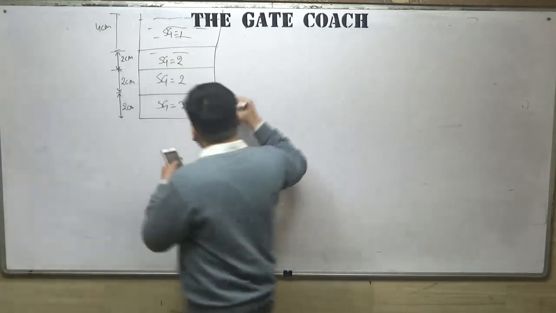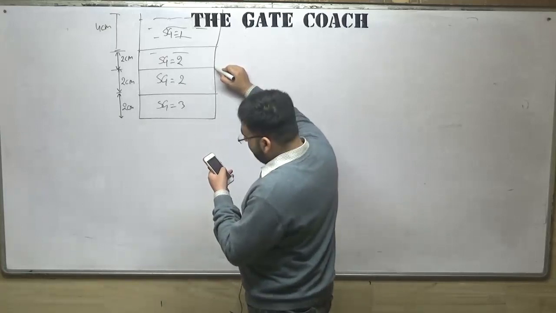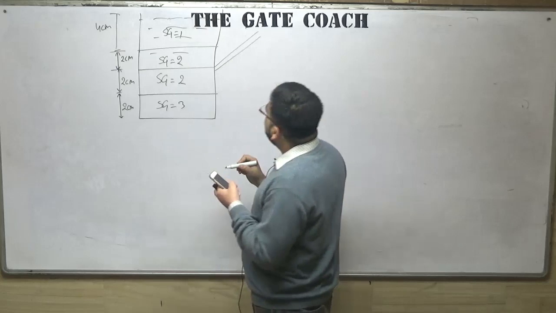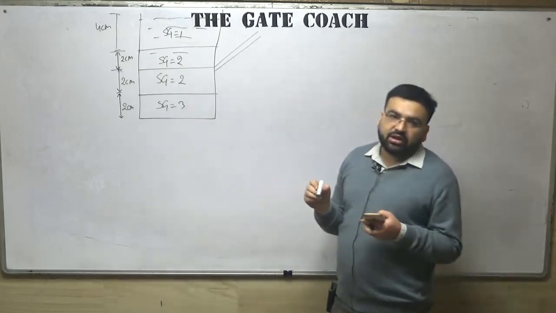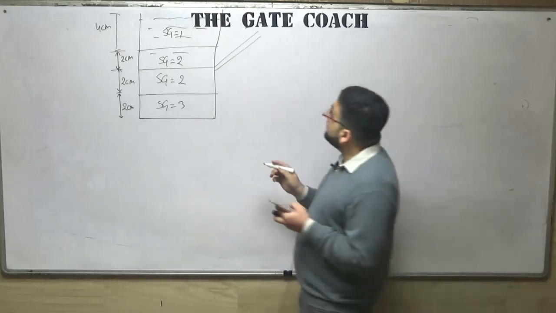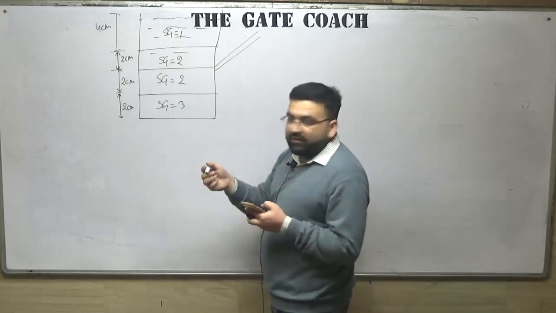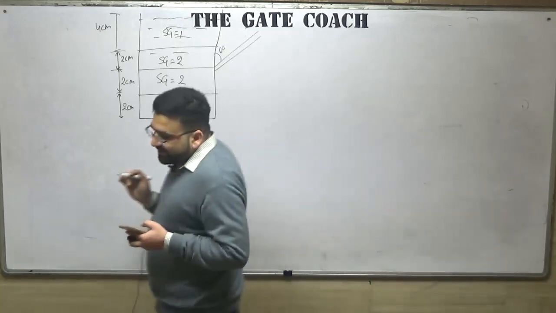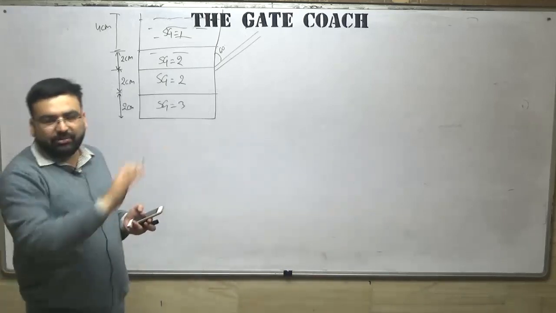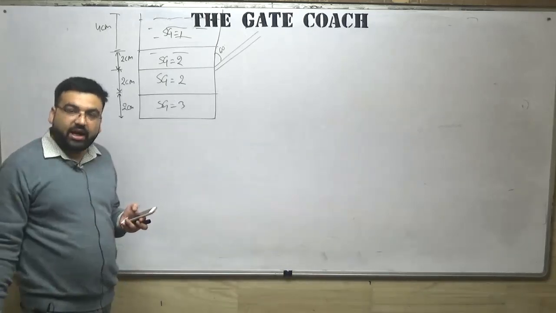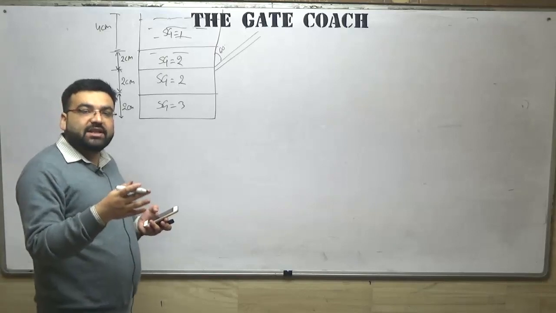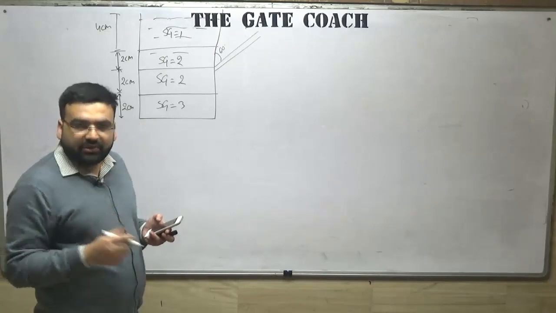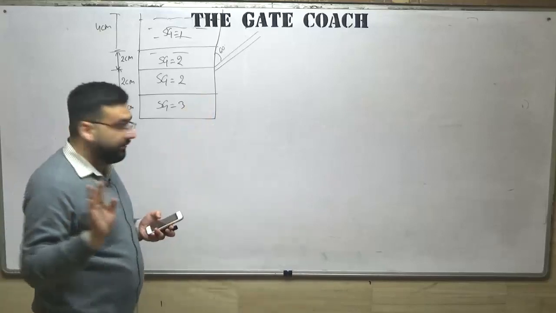And there was a glass tube coming from here. It was not a vertical glass tube, it was an inclined glass tube, and this angle was given as 60 degrees. Obviously, we know from Pascal's law, whether you apply hydrostatics or manometry, the pressure will always be on the vertical height, not the inclined glass tube. These types of questions we have already solved in the class, by the way.